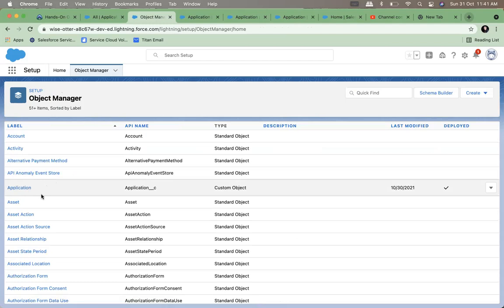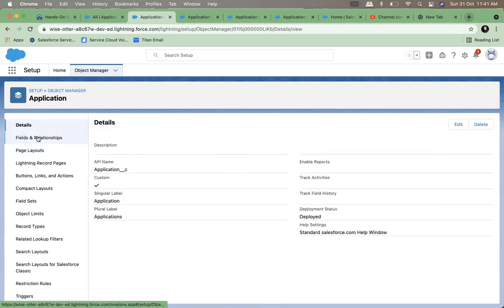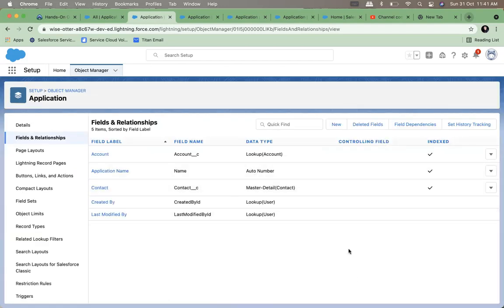What is a child of two objects called? Mapping object, right? What was the example of mapping objects in the standard landscape?